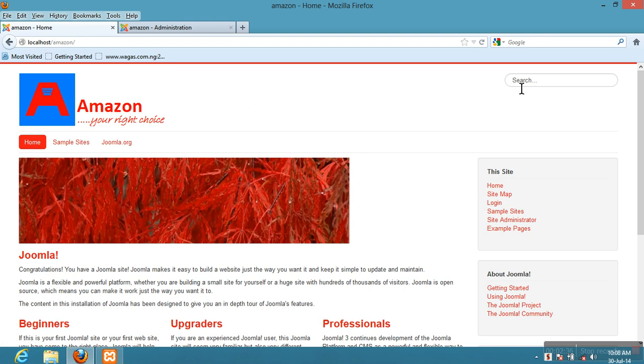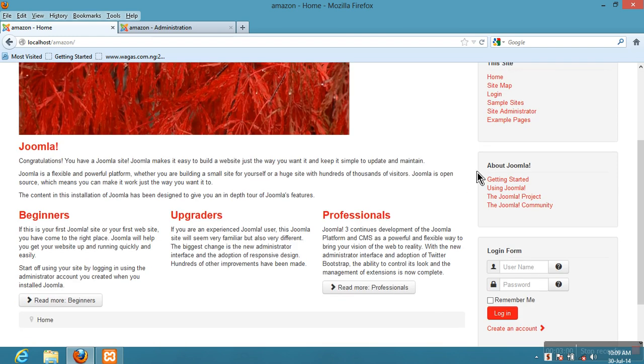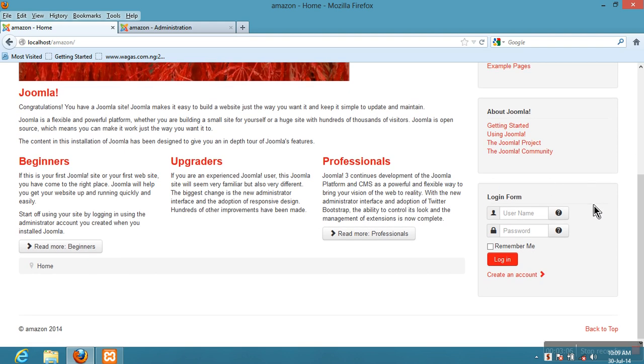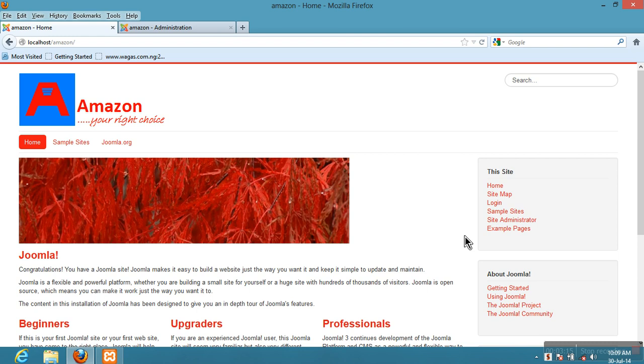Everything you see here, for example, this search, this particular item called the search, is a module. What you have here, where you have your home, sample site and joomla.org, is a module. Where you have this particular picture or image is a module. This particular thing you have here with the title, this site, is a module. This is also a module. About Joomla is a module. The login form, where those who will register on your site will be typing in their username and password, is also a module. These are what we call modules,